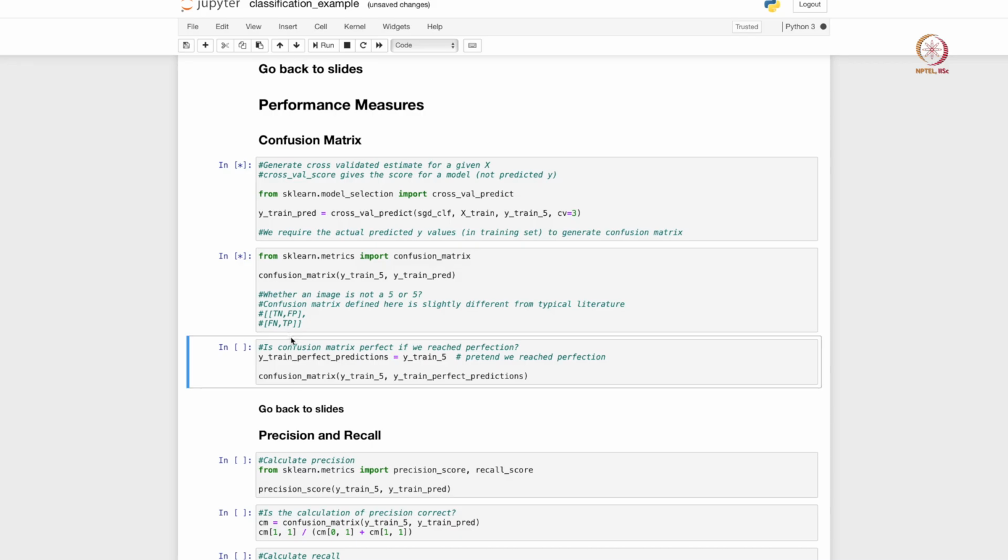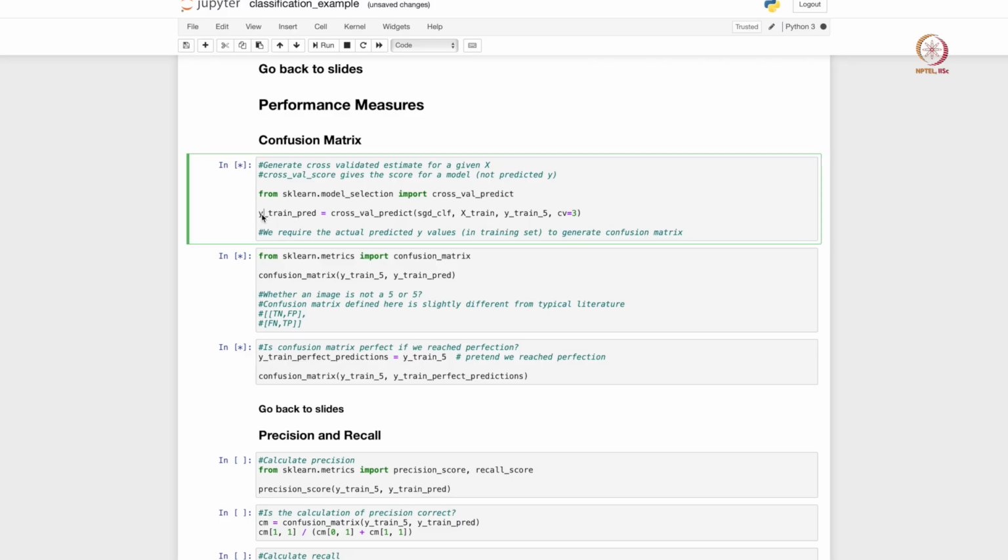So this may take a few seconds, let me execute all the 3 blocks as I keep explaining. So cross_val_predict is slightly different from cross_val_score in the sense that it actually stores the y values, so it does not just store the accuracy, for example, right. So it will give rise to a lot of predicted values, and from those predicted values we can then calculate the confusion matrix.